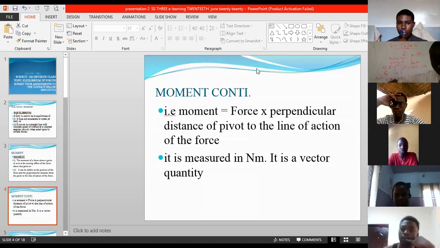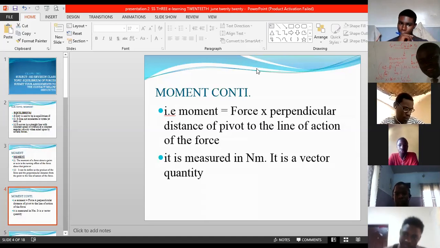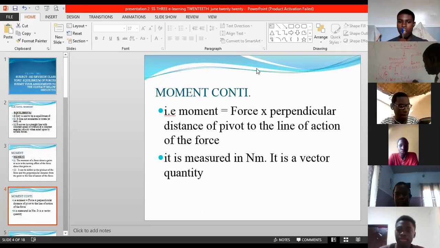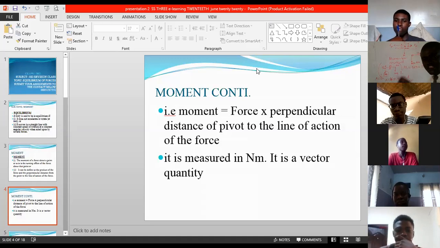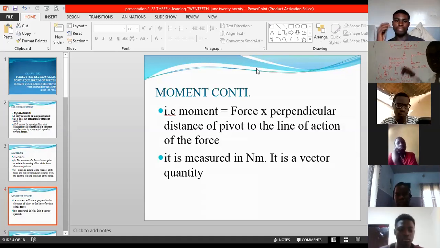Multiplied with, we need to convert it to Newton. So if you want to convert to Newton, you multiply with what? 10 meters per second per second. So you multiply it with 10. This 10 was not given, but you should know that force or weight is mass multiplied with what? Acceleration. If it is weight, it's mass multiplied with acceleration due to gravity. Then if it is force, it's mass multiplied with acceleration. So you do that. Then multiply with perpendicular distance.